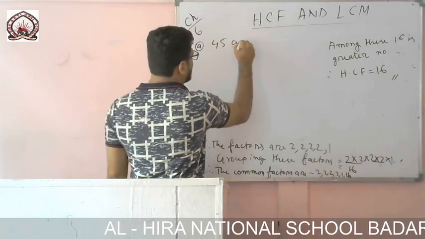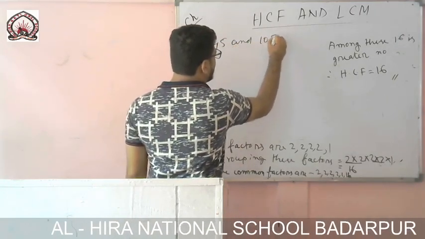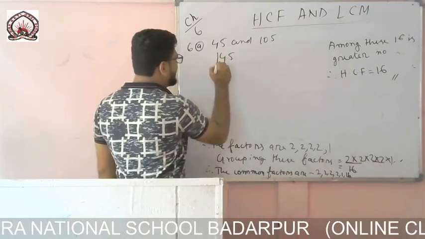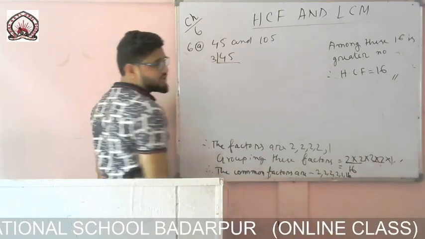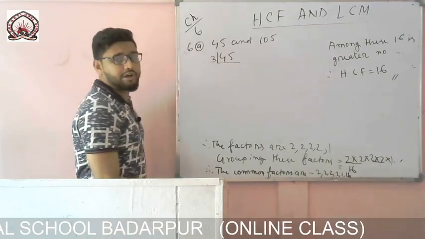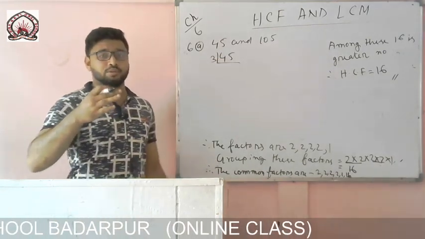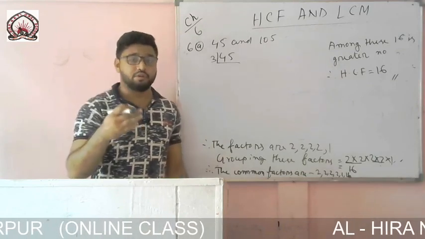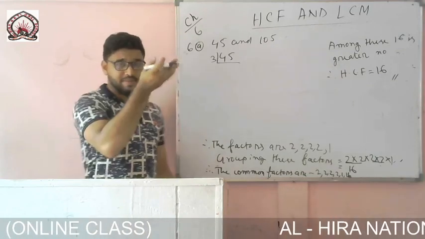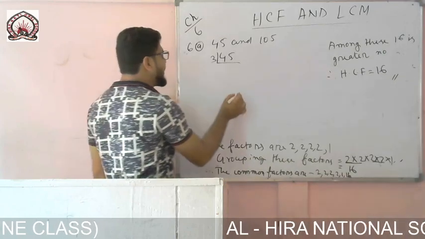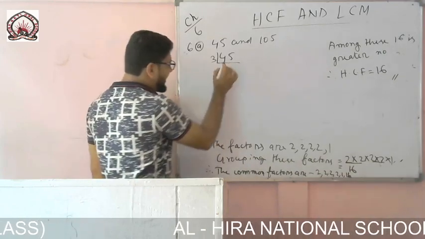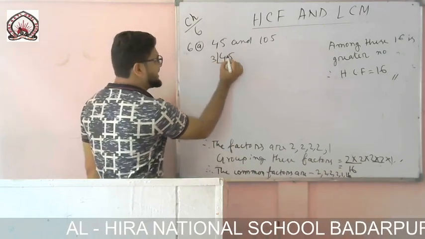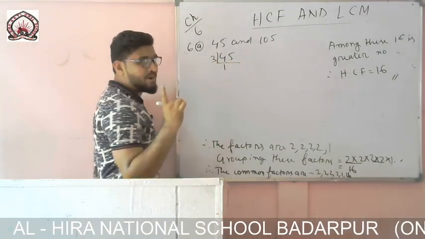45 and 105. As earlier, you find: with 2 it is not possible, we cannot divide. If you cannot divide with 2, then we will go for 3. If you cannot divide with 3, we will go for 4. If you cannot divide with 4, then we will go for 5. Like this, by checking we should go. With 3 we can divide. 3 1s are 3, here 4, so 1 remains. This one you take nearby, then it will become what?